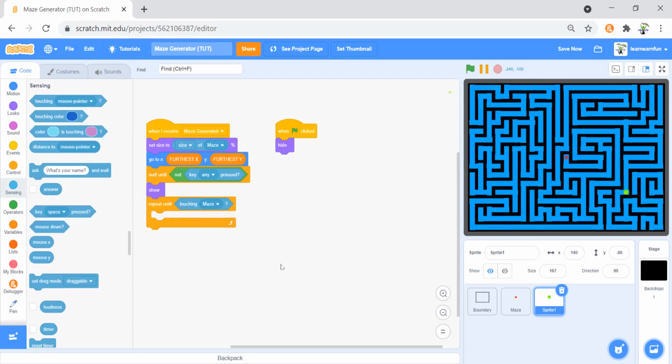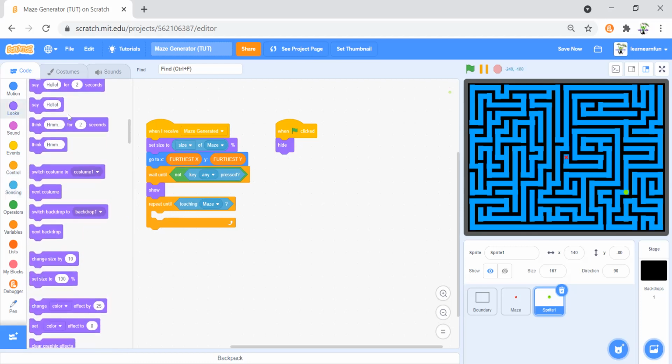Okay. So touching maze is the wrong impression. It doesn't mean we are touching the maze at all. Touching is the X in the middle of the maze. That is the last costume, and that's our goal. So we have to go to the maze. Then on touching the maze's X, we exit the repeat loop and hide the player and broadcast a new message